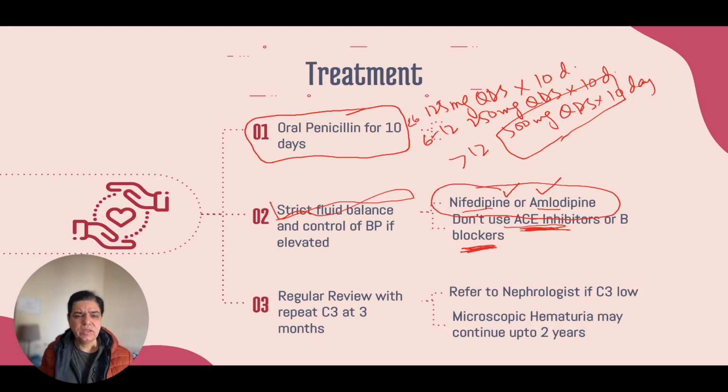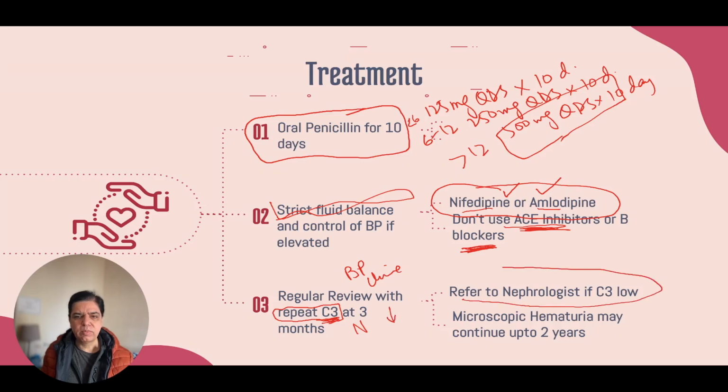At every review, you check their blood pressure, and you check their urine for the presence of proteinuria and hematuria, and things like that. And at 3 months, you would also repeat their C3 levels. You have to see if the C3 levels have come back to normal or not. If the C3 levels are back to normal at 3 months, then it's fine. You don't need to worry. But if at 3 months the C3 is still down, then you have to refer them to a nephrologist,